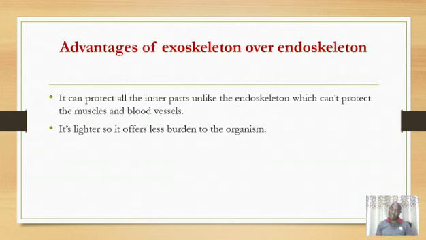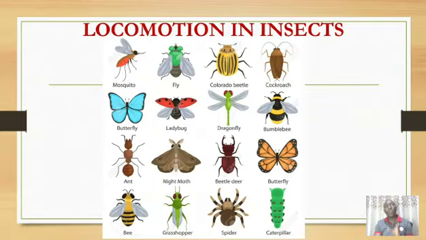On the other hand, what are the disadvantages of the endoskeleton over the exo? Or disadvantages of endoskeleton generally? We say it cannot protect all the inner parts. Number two, the endoskeleton is heavy compared to the exoskeleton. All right. So those are the advantages of the endo over the exo, and the advantages of the exo